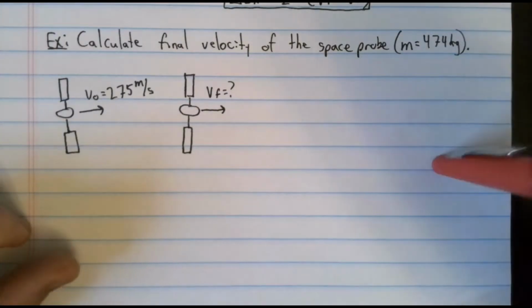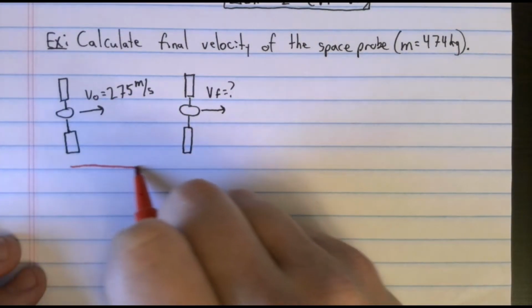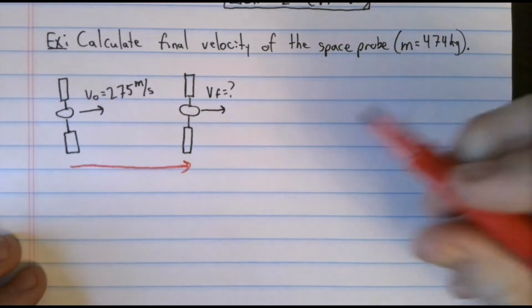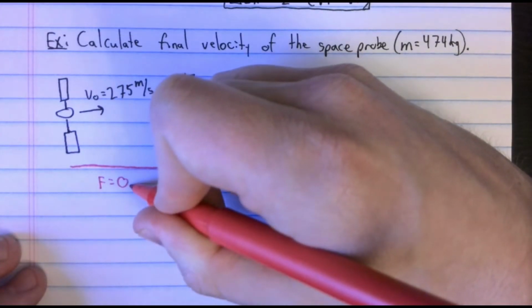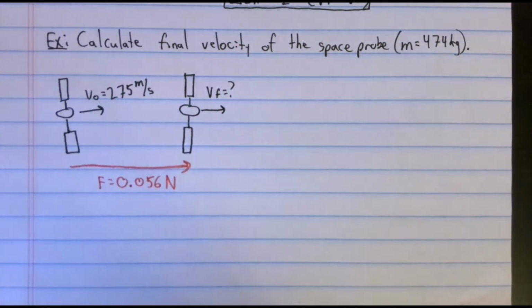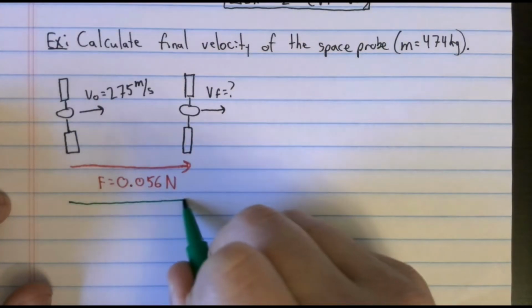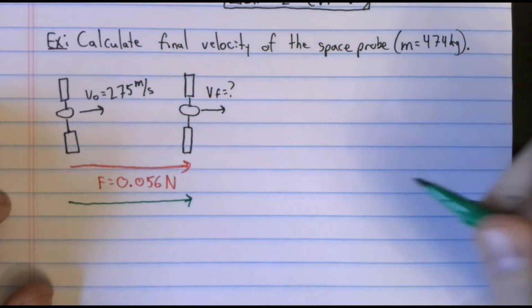How little? Less than 1 Newton. All along this distance, the space probe is going to experience a force of 0.056 newtons. That is way less than a pound. Way less than 5% of a pound. It's almost nothing. A breath of air. But if you accumulate this small amount of force for a long distance, you're going to do quite a bit of work on it. The distance will be